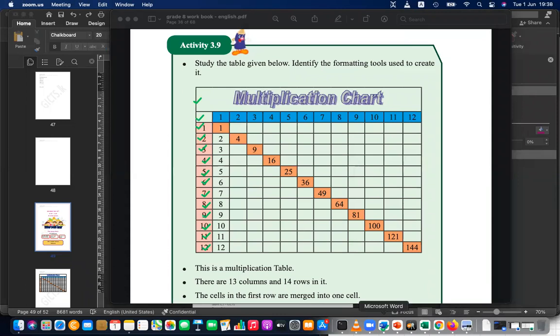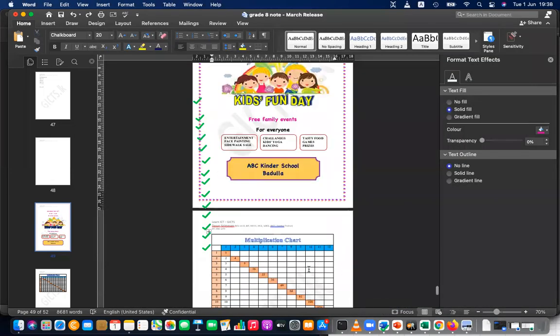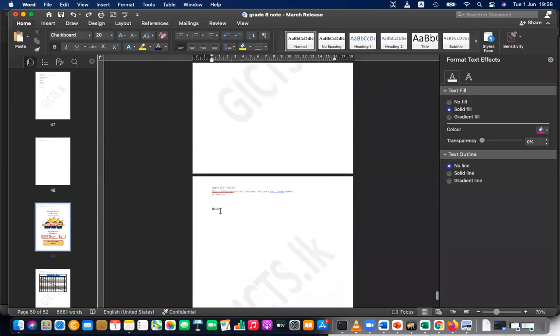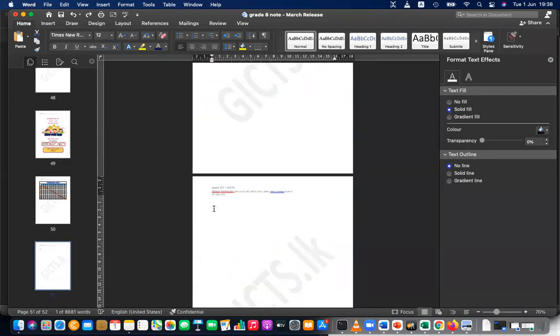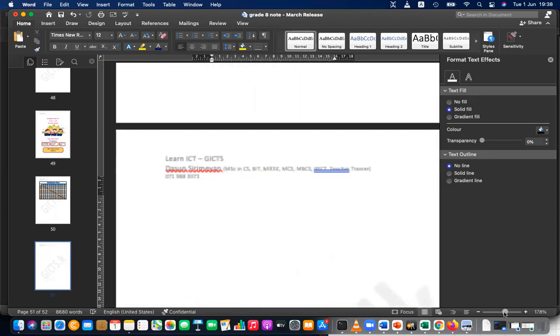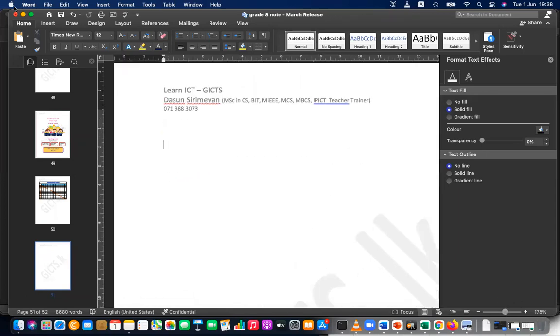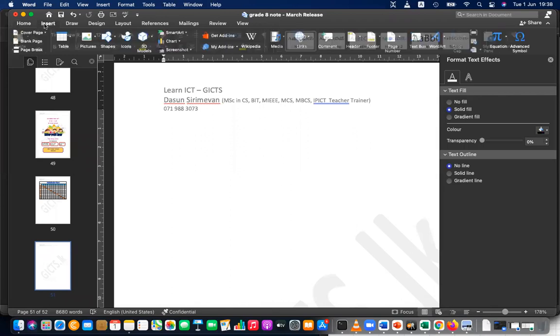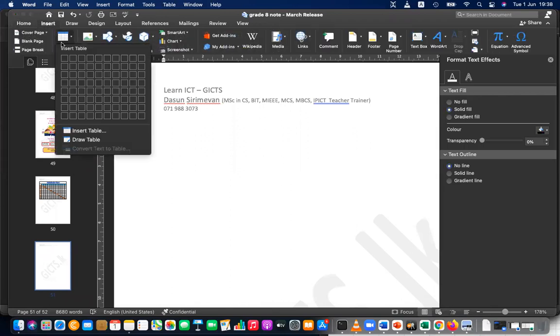Let's do this. I'm going to access this one and let's erase everything. And let's go to a new page. In this new page, I'm going to insert a table. Let's go to the insert menu. Do this with me. Insert menu, table, and you can't select from here because